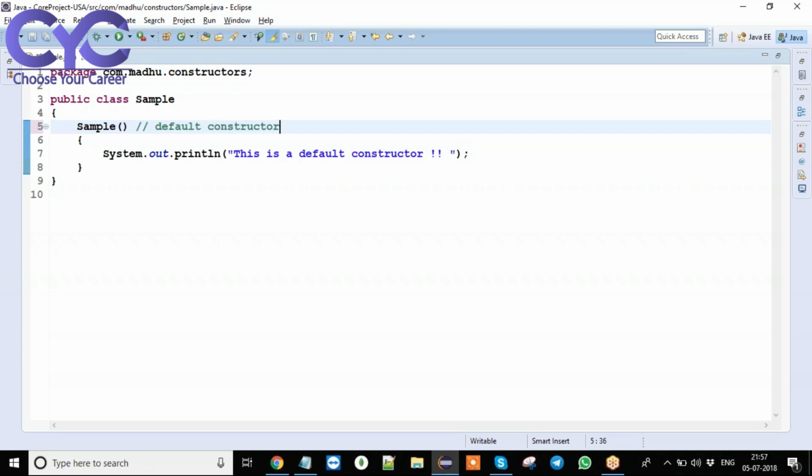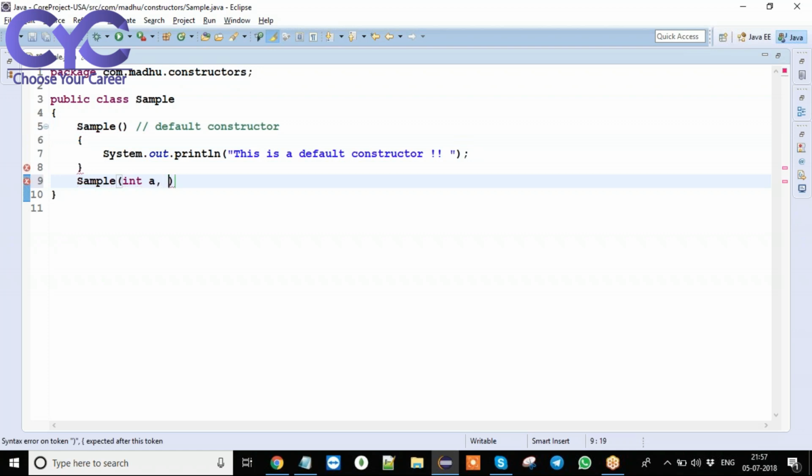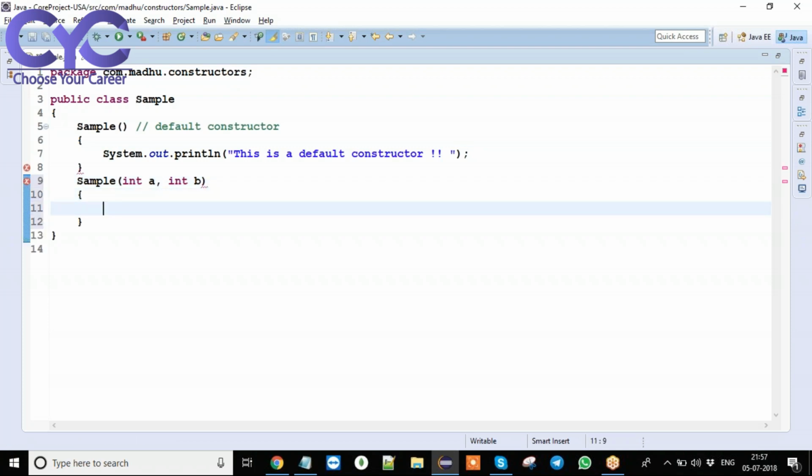If you pass arguments to a constructor, then that is nothing but parameterized constructor. Int a, comma, int b. Now see here, I have passed arguments, so this is nothing but parameterized constructor.